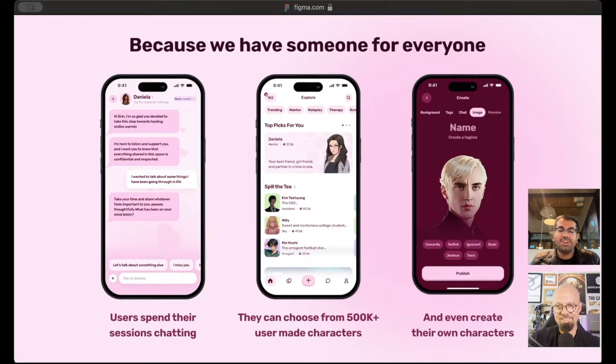And then you can create an image for it. Starting this week, we're launching voices as well. So you can prompt your way to give the character a unique voice. And you'll be able to voice call it, just chat with it like you would with a friend. And it'll be really personalized because you are prompting how it sounds. And then you can just publish it on the platform.